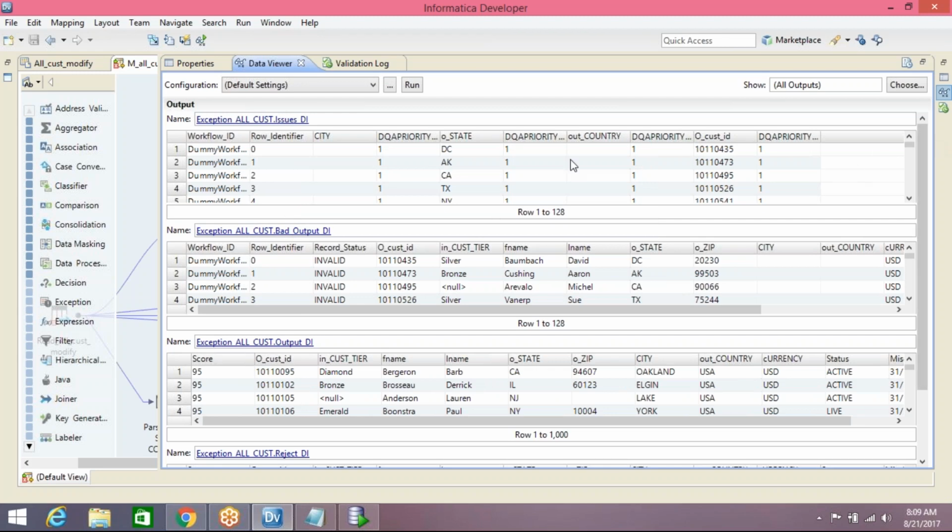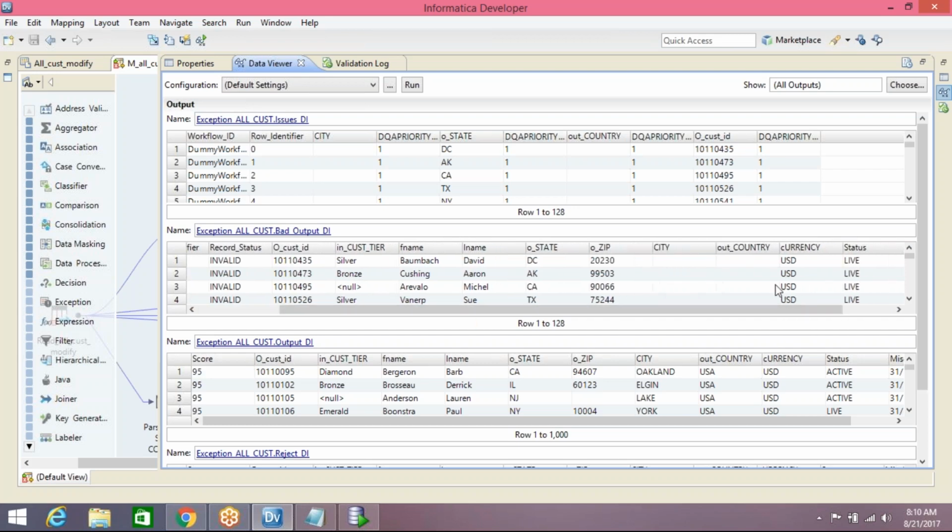If you look into standard output, the score is 95 because whatever attributes we defined are all populated. These are the records. If you look into these records, first name, city, state, country are populated as null. So that's why for a review,